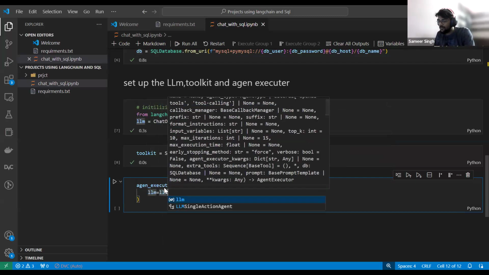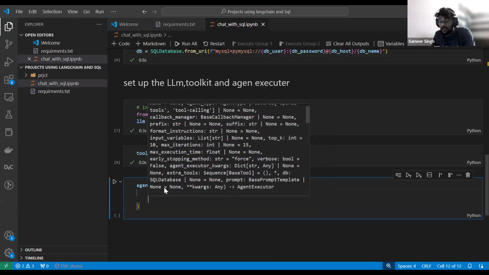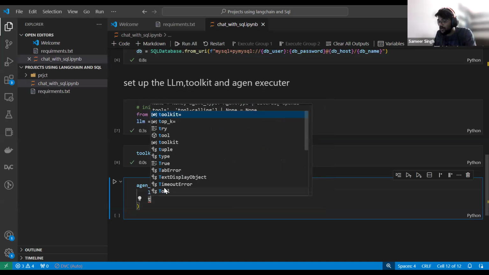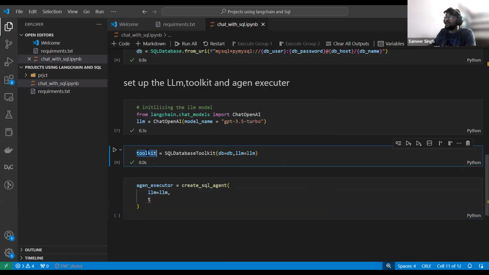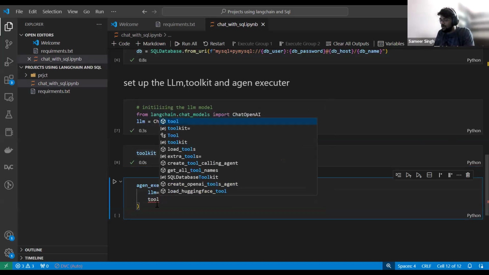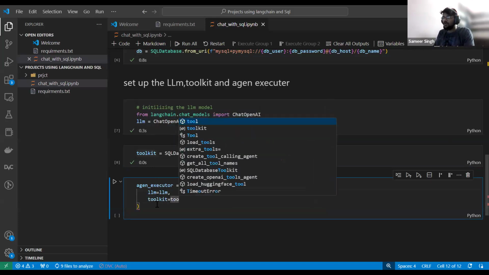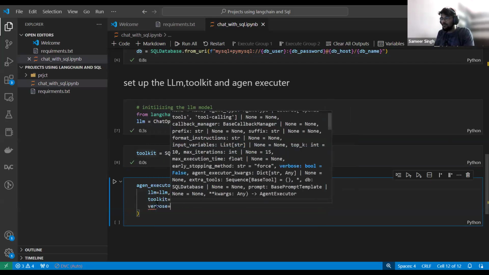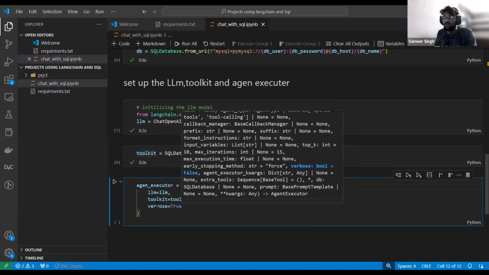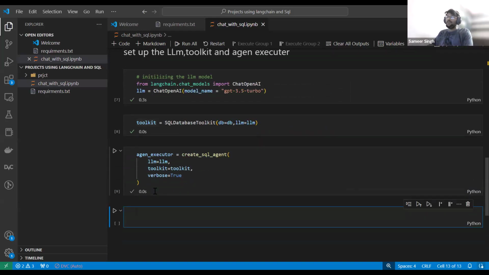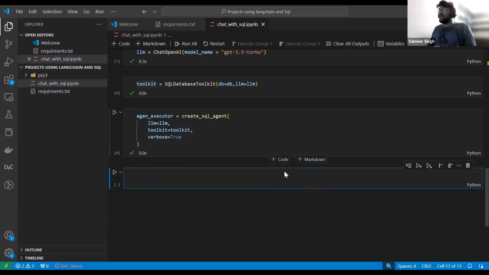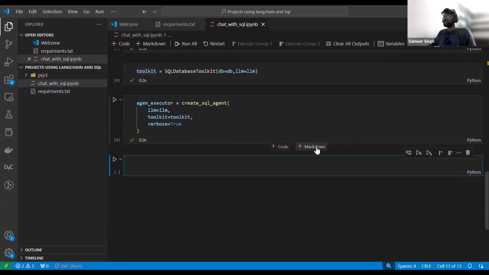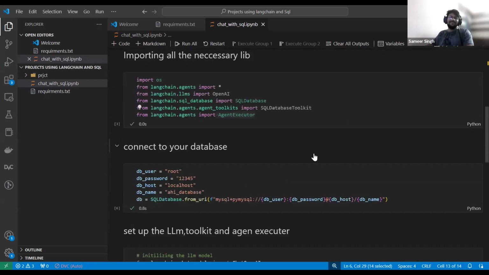LLM will be LLM. Then the agent, I mean which tool we have used for the agent. Here we have initialized the agent tool, so I'm going to use that toolkit, right? And let's write the verbose. I'm setting it to true so that we can track what is going on behind the picture, right? Now we have done, guys. That's the simple code, right?